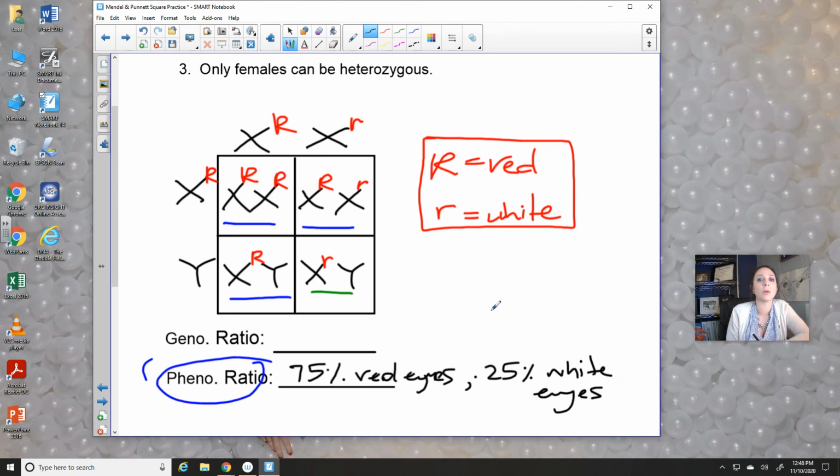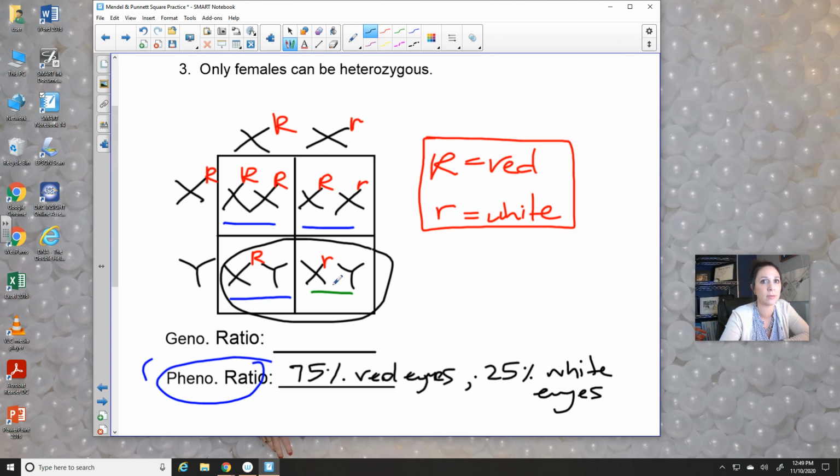Okay, but I could also ask it regarding only one type of gender. So if I asked, or according to this problem, what percentage of the males have red eyes, you would cover this up. You would not even look at the females, and you would only look at the males. If you only look at the males, and you're trying to answer what percentage of the males have red eyes, only 1 out of 2, or 50%,